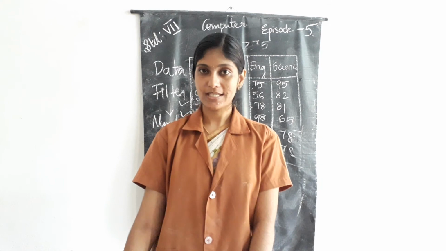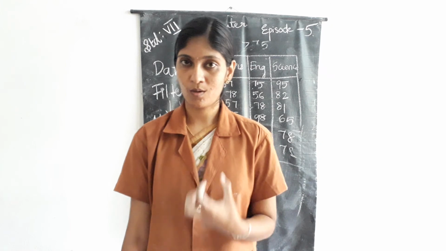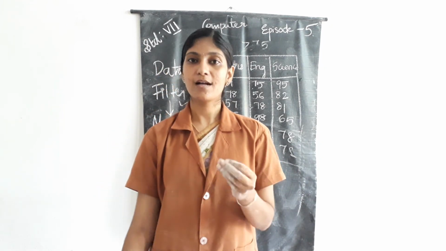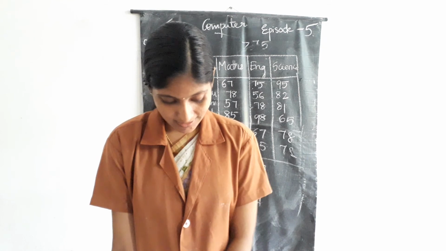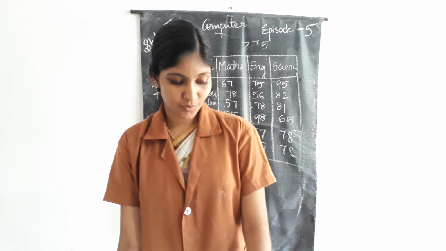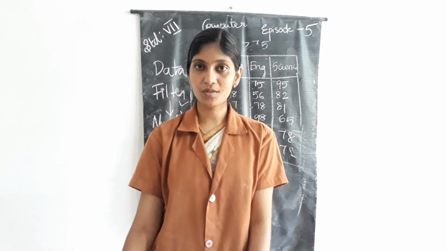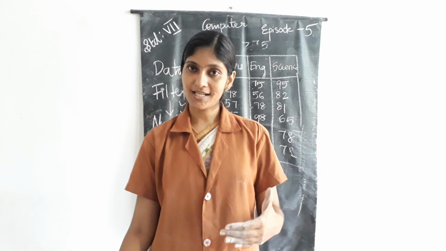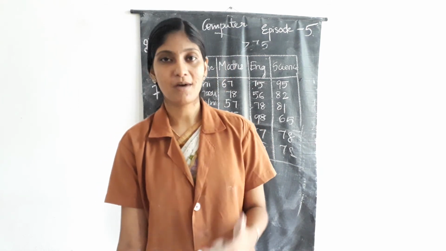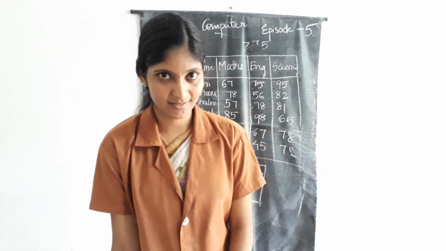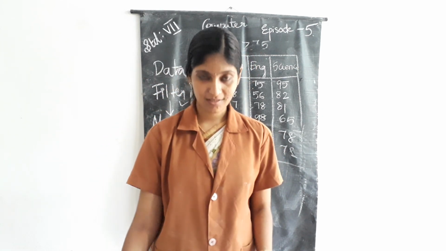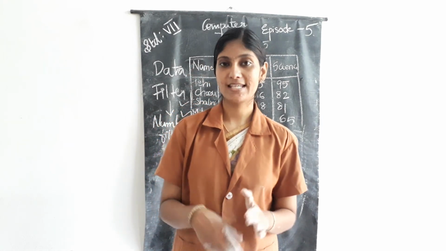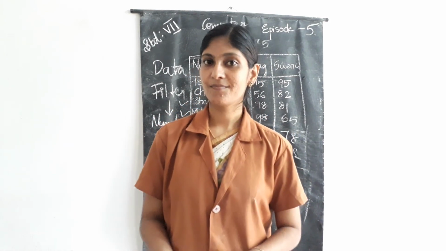The next one is using the filter. Filter means you can filter out data from a collection according to some criteria. Here the question is to find the list of students who have scored more than 75 in English. Among the students, we can filter out those who have got more than 75 in English. So what are the steps? First, go to the Data tab, then the Filter option. After that, in the number filters list, select the criteria which is greater than 75.